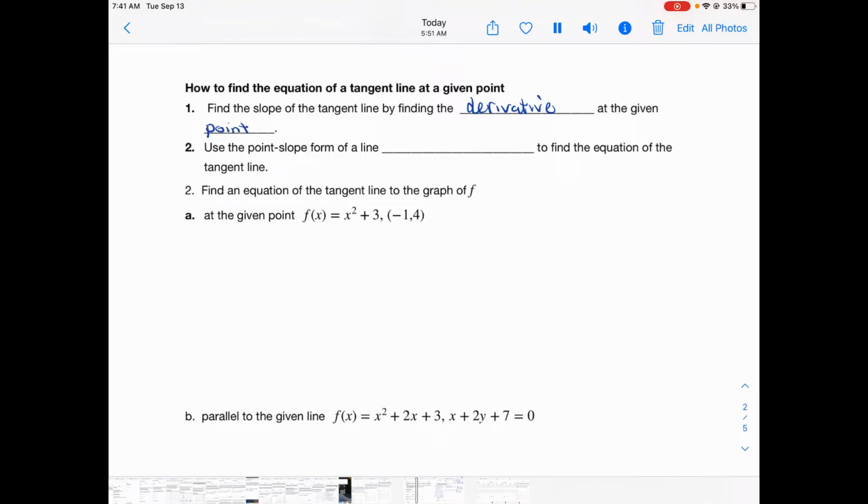And once we find the derivative at the given point, we're going to use the point-slope form of the equation, which remember is y minus y1 is equal to m times x minus x1, to find the equation of the tangent line. And then we can find the equation of the tangent line of these problems here. So let's start with